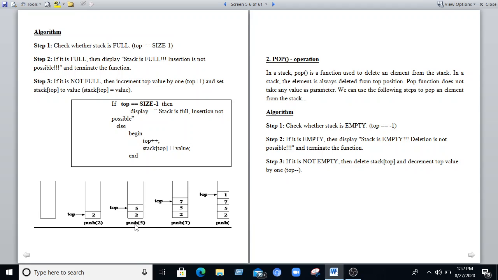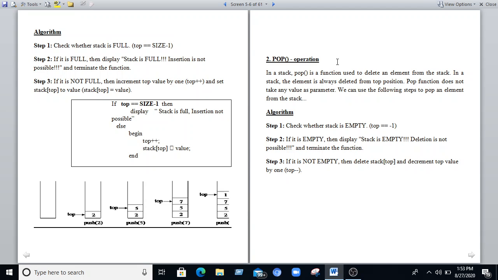After that, we are pushing the element 5. Now we are incrementing the top value by 1 and pushing the value 5. Next, we are incrementing the top value by 1 and pushing the value 7. After that, next we are incrementing the top value by 1 and pushing the value 10 here.